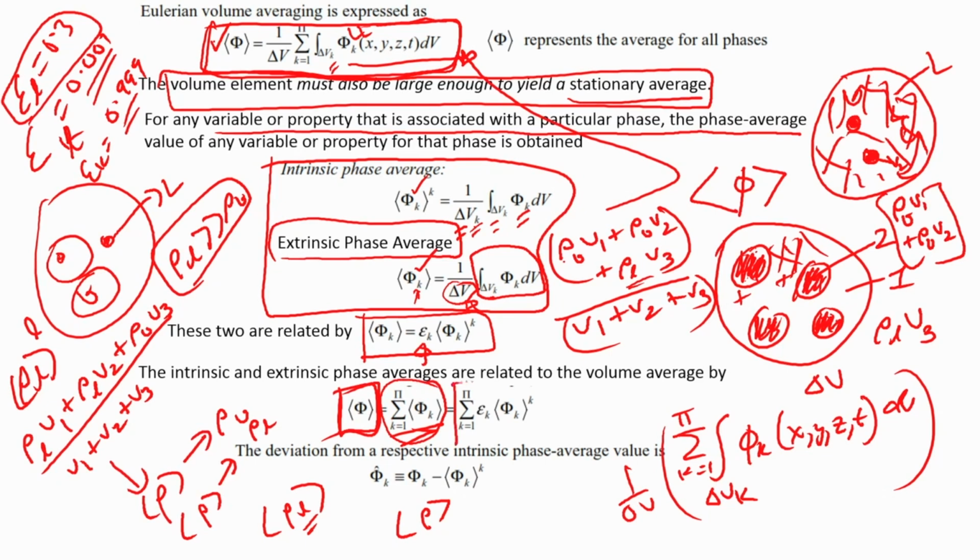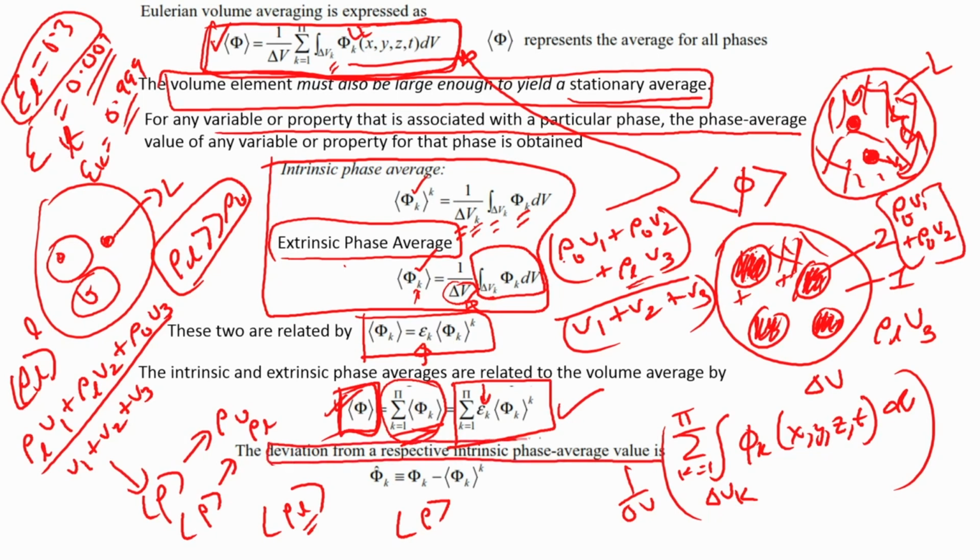If you do the same for the intrinsic phase multiplied by this epsilon k, you recover the ultimate volume average. Okay. So, these are also related. So, phase average and volume averages are related, intrinsic and extrinsic phase averages are also related to each other, clear. Okay. Now, there are some deviations